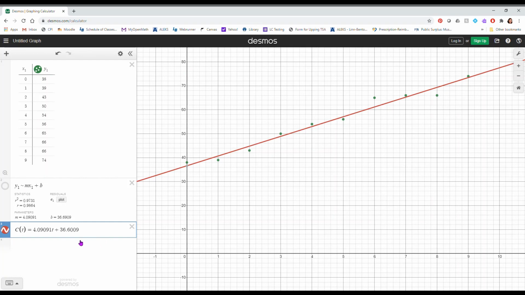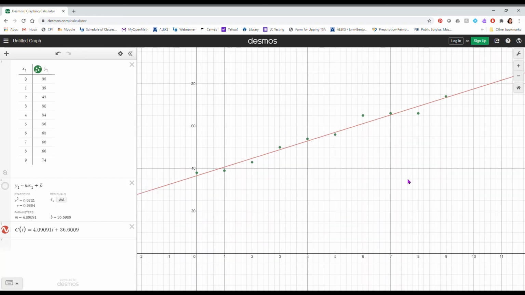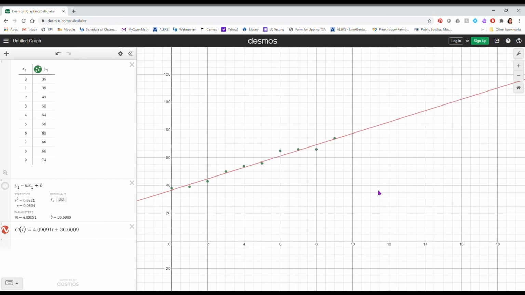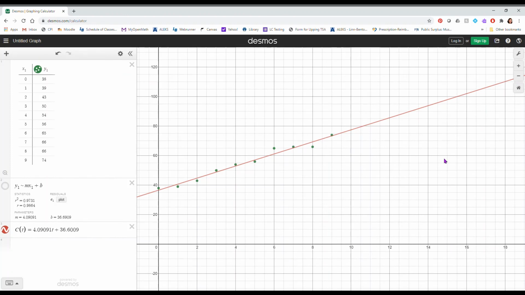And it says to evaluate C of 15. So what you can actually do is I just want to zoom out, right? C of 15, keep going a little bit farther. There it is. There's C of 15. Right here is 15. C of 15 is right here, right? And its C of 15 is 97.965, okay? Now you can plug in 15 equals to t and get the same thing, or you can actually